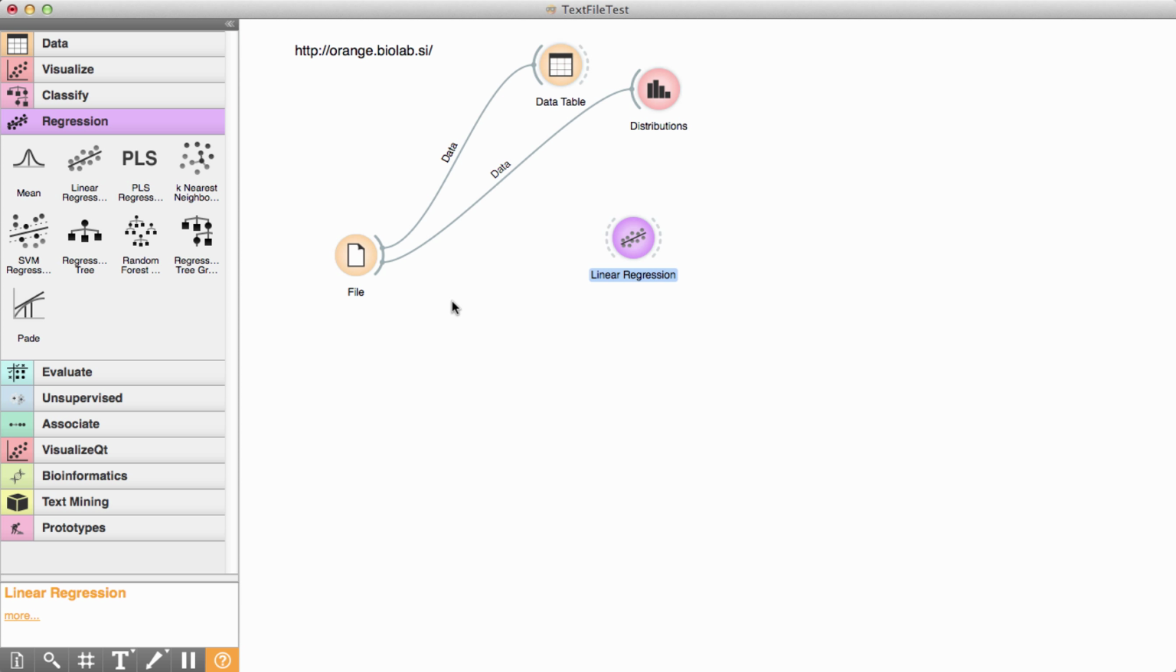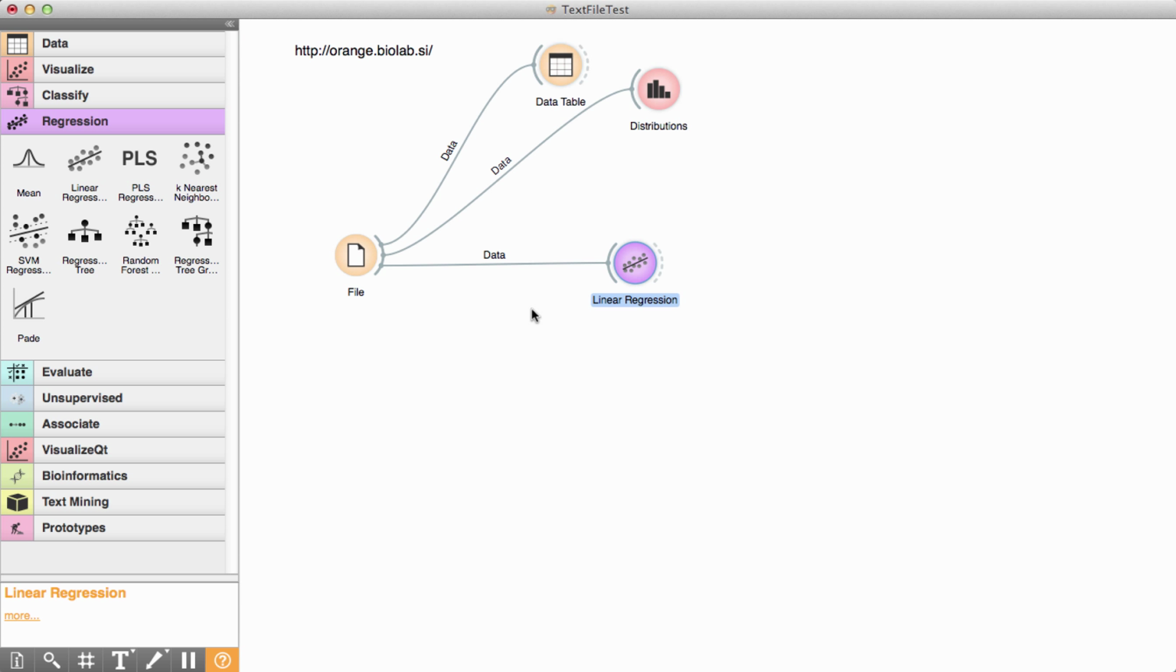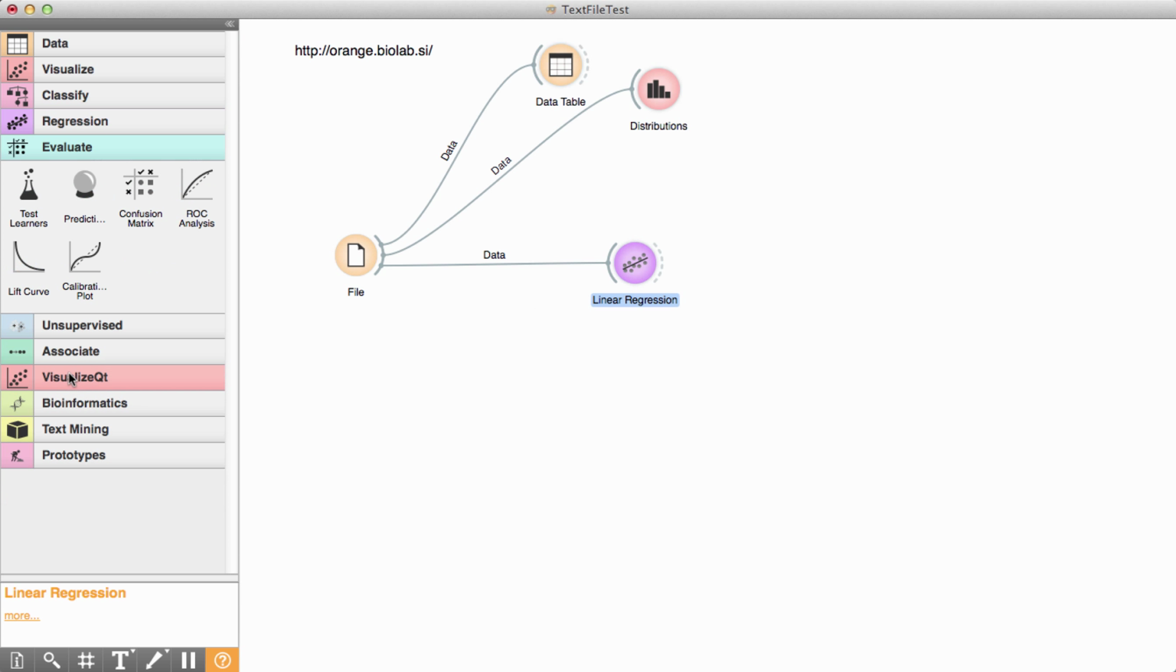So we drop the linear regression widget on the pane, and then we can connect that as well. Now there'll be some choices in any model. We'll leave these as the default. One of the things you'll always have to do, just like we connected the data table or distribution to the file, is you must also connect what's called a test learner under the evaluation tab, because you won't see the results of this until you